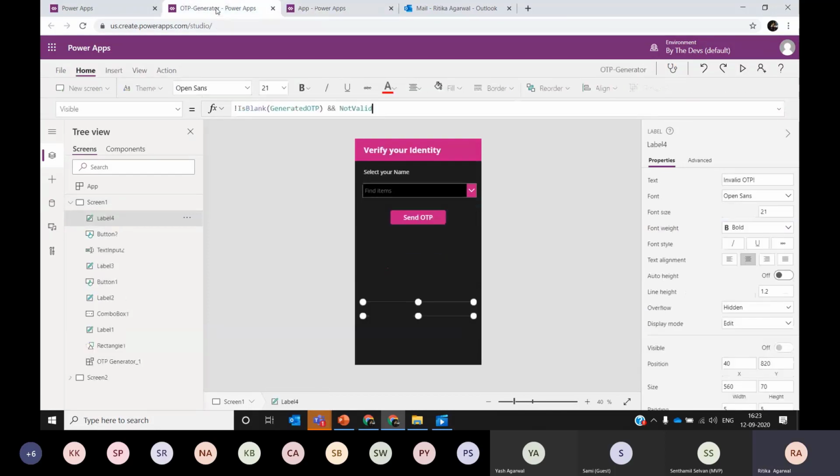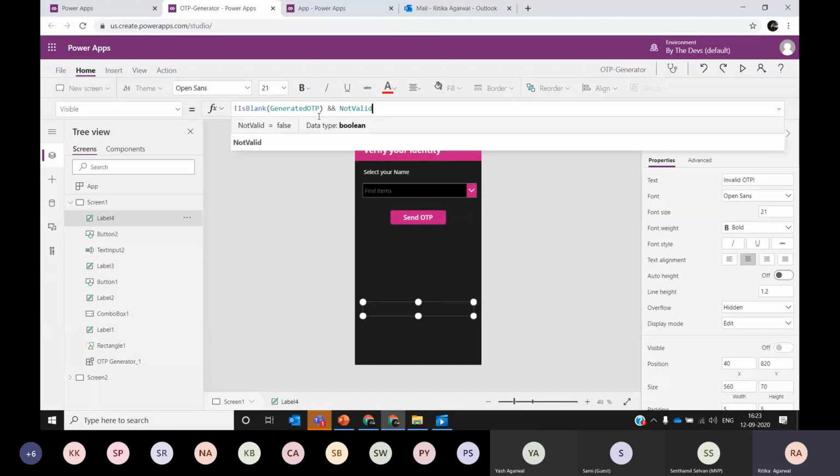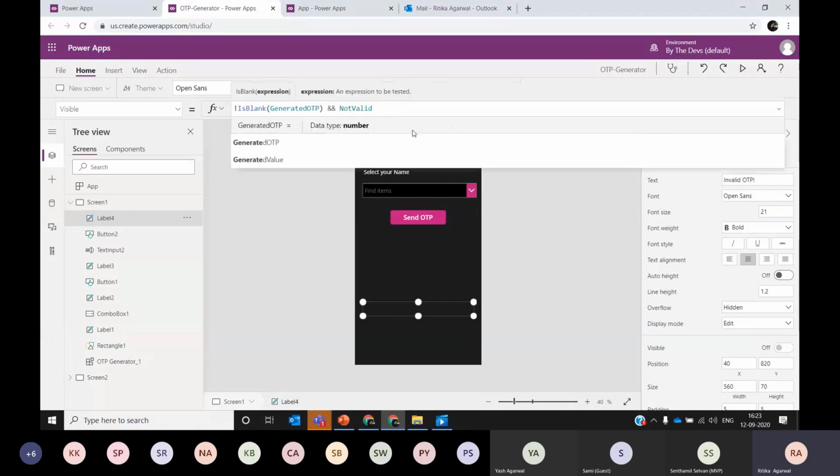Okay, maybe my window is okay. Now I can see the expression in the visible property here. It is something like, if the generated OTP is not blank and it's not valid, then if it's an invalid OTP, it will display this error message.